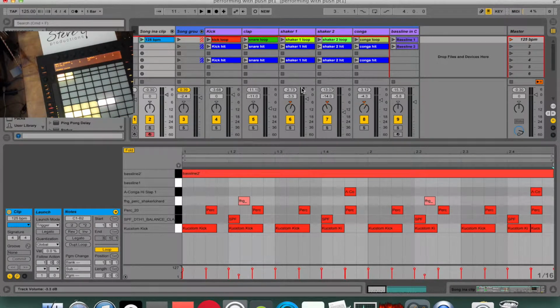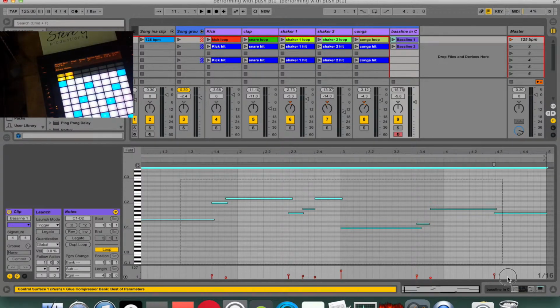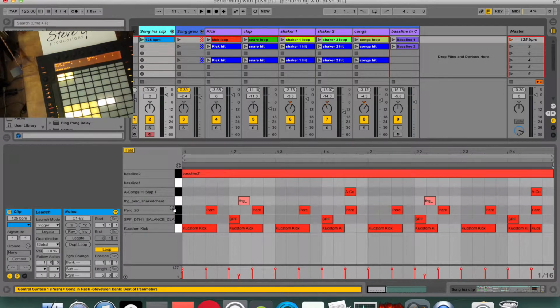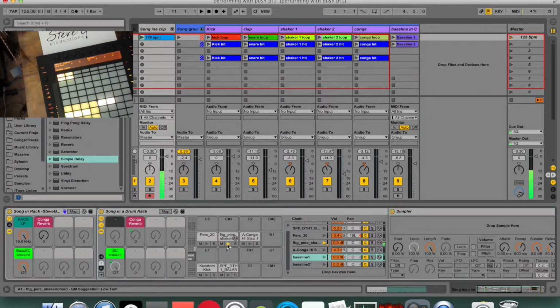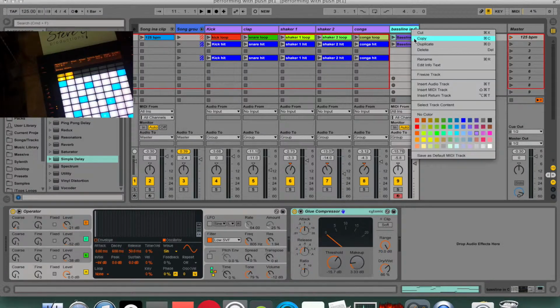But how do you get to the point where complex patterns like this drum line are going to go in there? Because each of these pads plays one button. Well, I can assign each one to its own pad, but I'm not going to do that today. I'm going to keep things a little simple to show you how to use nested drum racks. And for now, I'm just going to